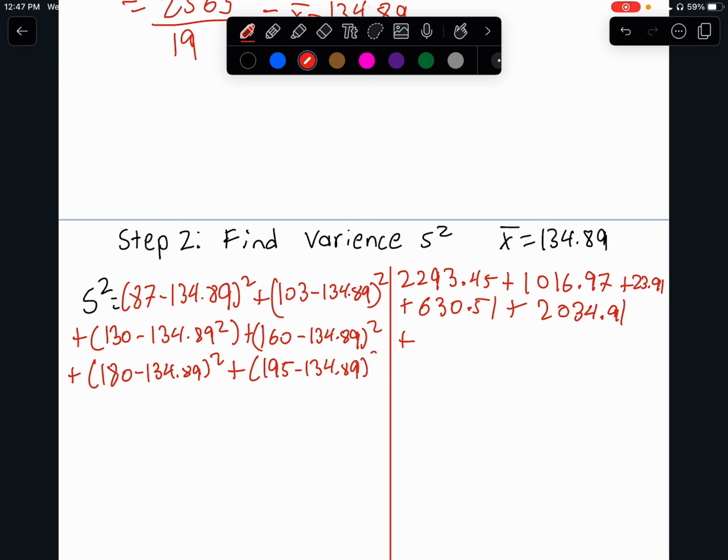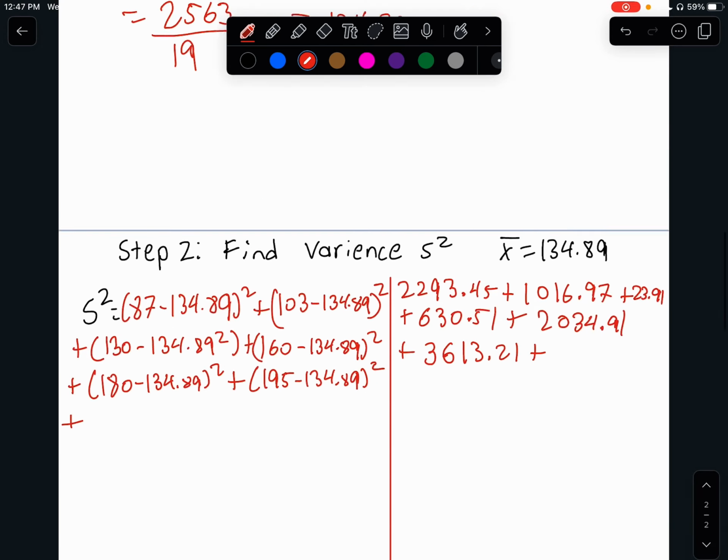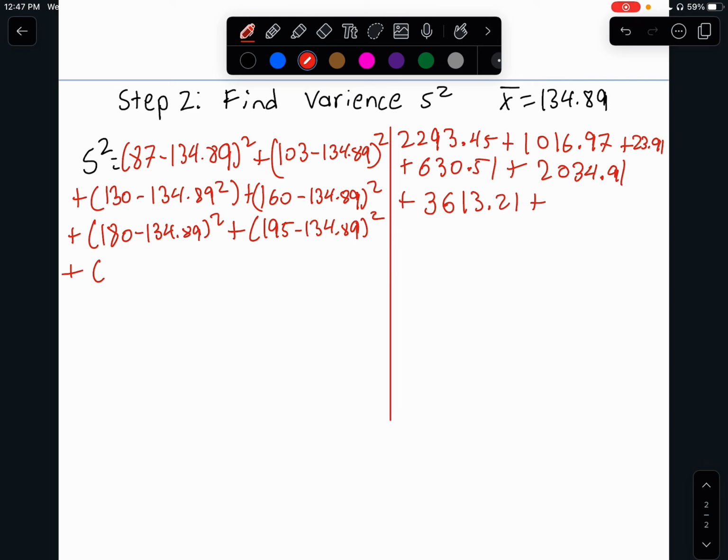134.89. You guys get the shift here. 195 minus 134.89 to the power of 2 is going to get us an answer of 3,613.21. So then plus 195. So next one is 132 minus 134.89 squared, which to the power of 2 is now